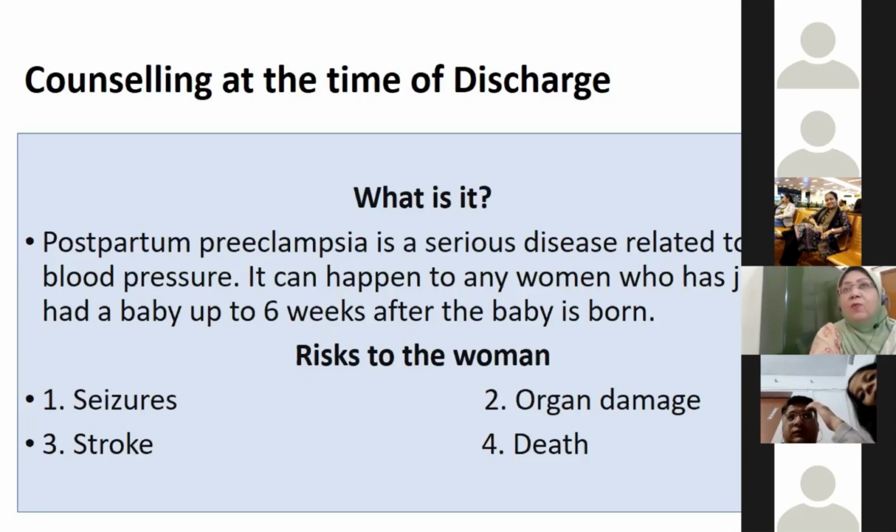So I told you, what is important is that blood pressure should be checked every time she comes for the antenatal visits, a minimum of 8 antenatal visits as advocated by the latest guidelines by WHO. It is not, for low resource setting, just 4 visits, 1 visit in each trimester. They have done lots of studies and they have found that when you restrict the number of visits, you also restrict the